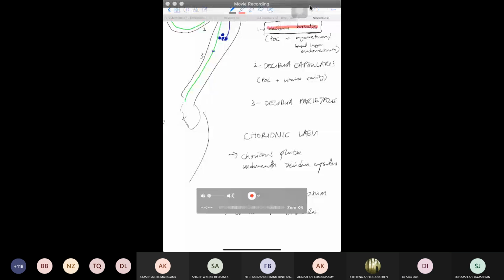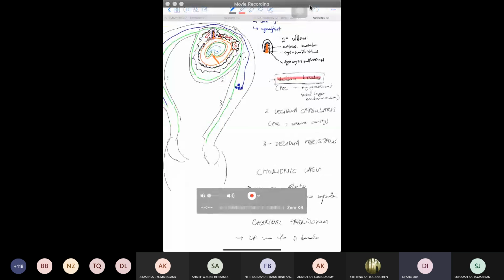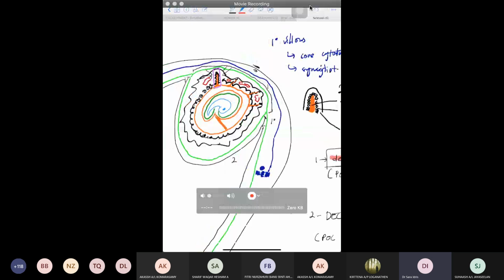Right? So remember the decidua basalis contributed to the formation of placenta. That's the maternal contribution to placenta. Now the fetal contribution to the placenta is going to be your chorionic frondosum. So if you see in this picture here, that's your decidua basalis, and this here would be the chorionic frondosum. These two layers, one from the maternal side, which is from the functional layer of the endometrium, and one from the fetal side or the embryo side, which is your chorionic plate,